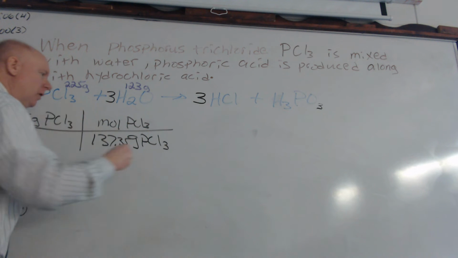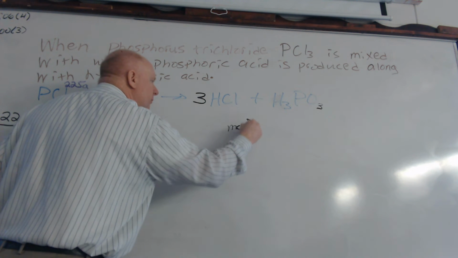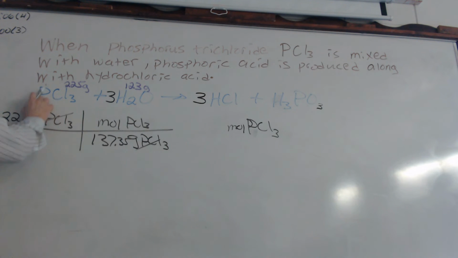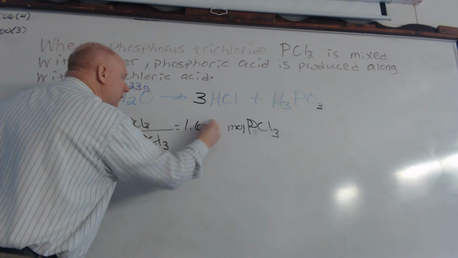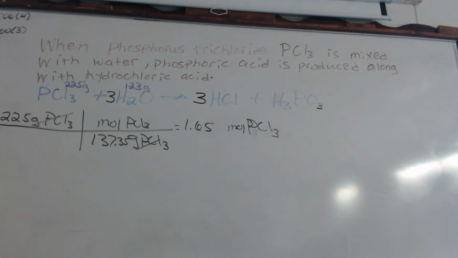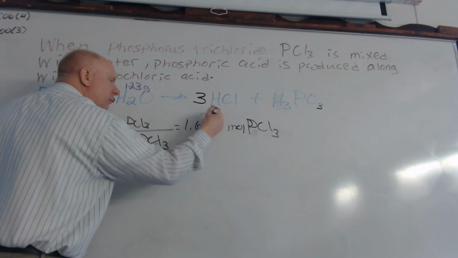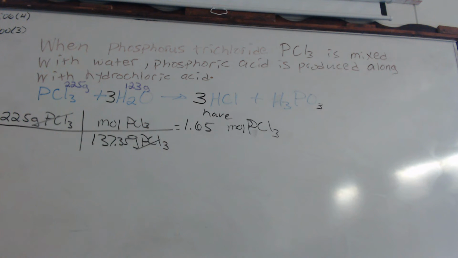So our grams are gone. Now we are in moles of PCl3. And what do we get with that? 0.65? So that's what we did in the first few days of this semester. And then how do we want to label? We've got it labeled, but we want to put that there. And next we would want to do